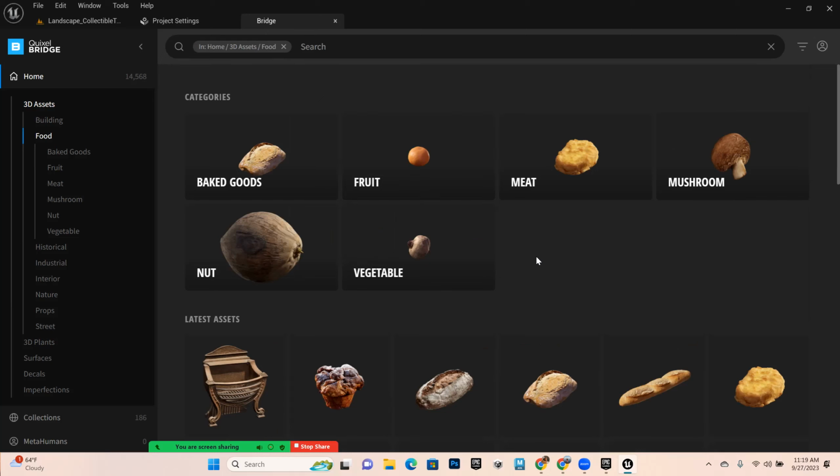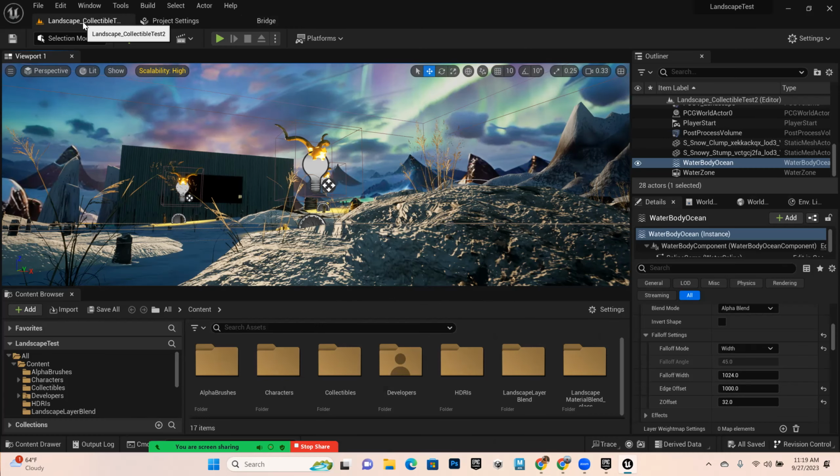So find something and download it. You can always change it later. And then